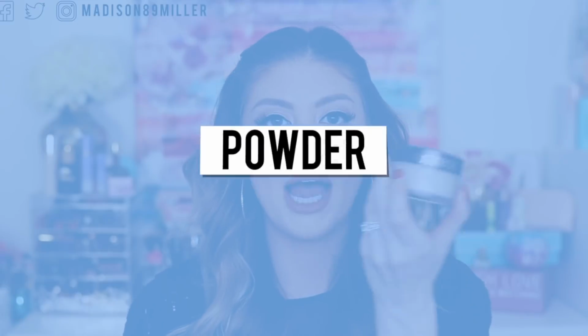But of course I have to bring this with me. I've used quite a bit of it already too. I want to go get the travel size one. That would be good. Next up for the powder, I'm bringing my Laura Mercier, because this is the only powder that I have a lot left in. My other powder I've been using is a Too Faced one. I know I'm going to butcher it. It's the Ethereal,